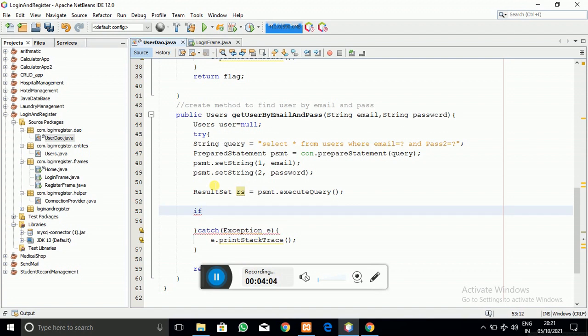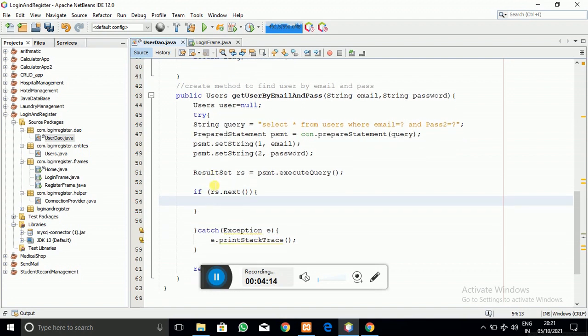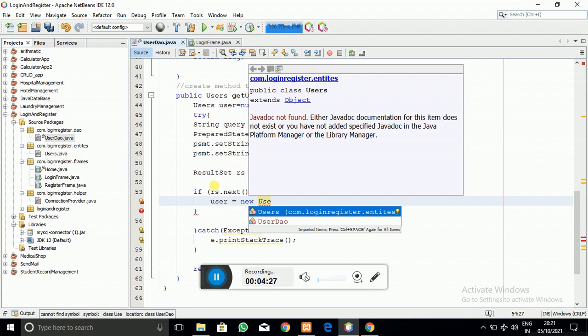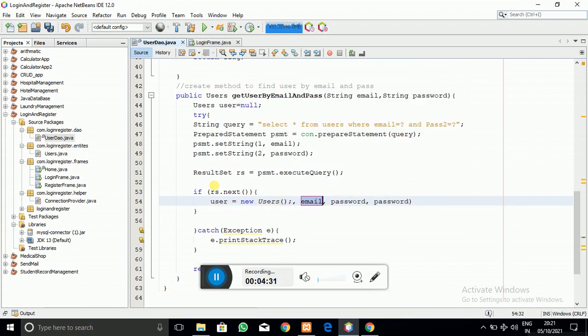If a user is found with the specified email id and password, that is rs.next, some value should come in the result set. So if rs.next, I am going to assign whatever value I got to the user object which we created previously, the users entity object. So user is equal to new user.